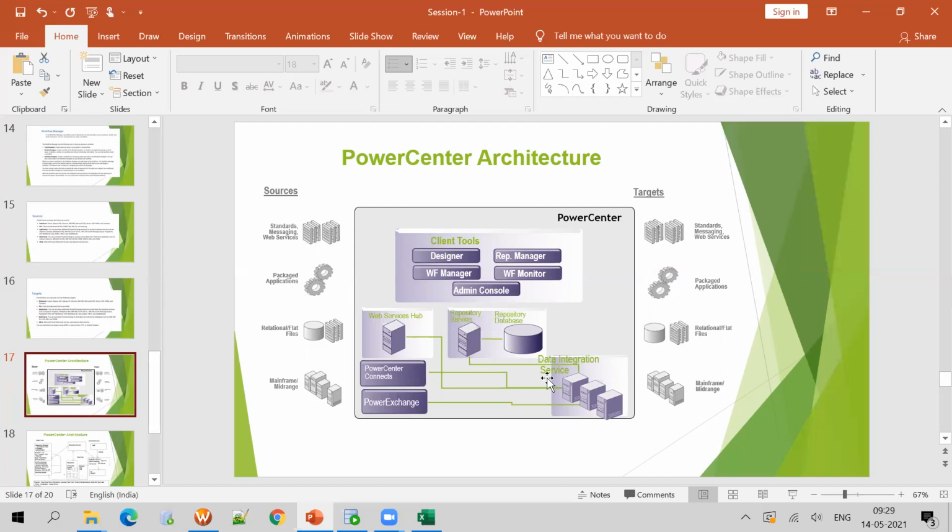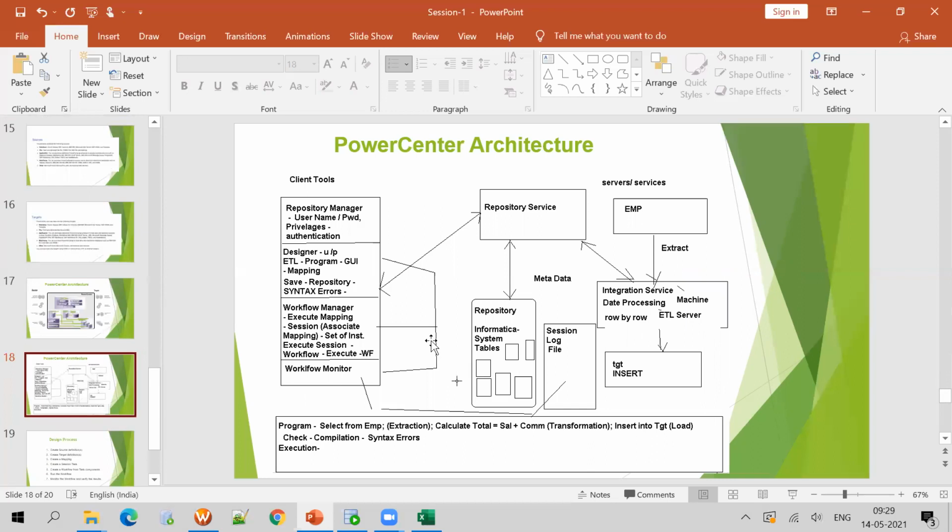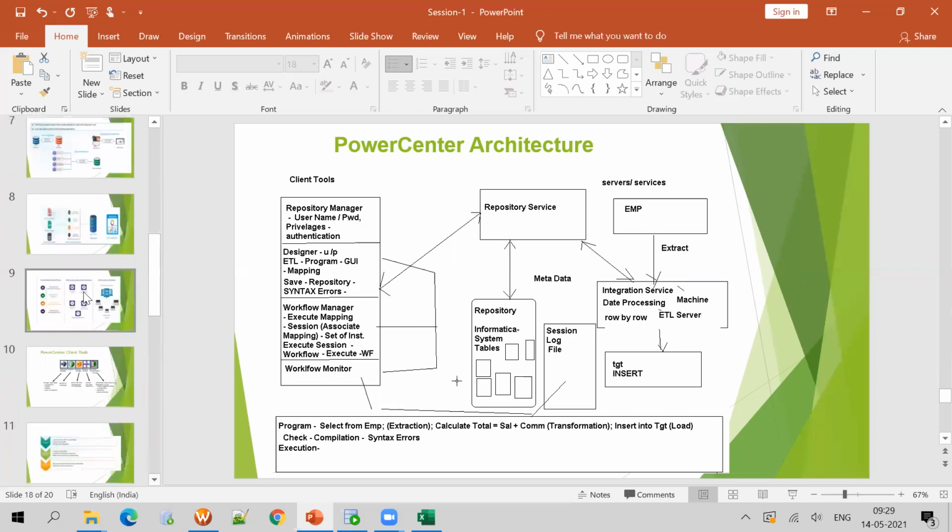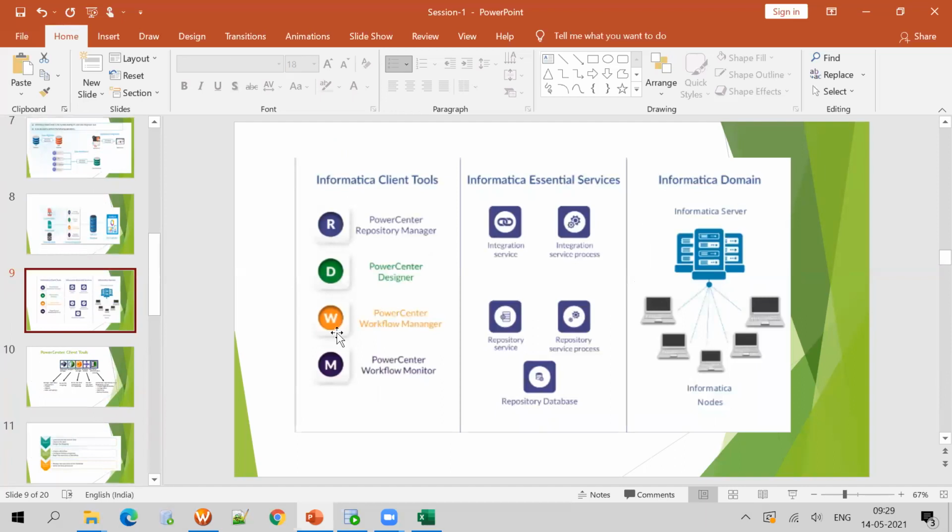Repository service and integration service are in the server tools. What I am saying is we will be learning only about the client tools. If you see here, server tools: integration service process, repository service process, repository service, repository database.